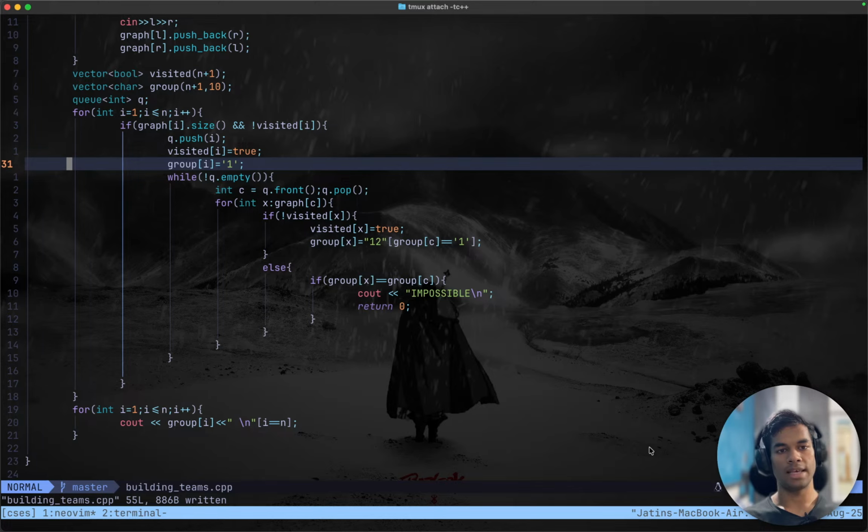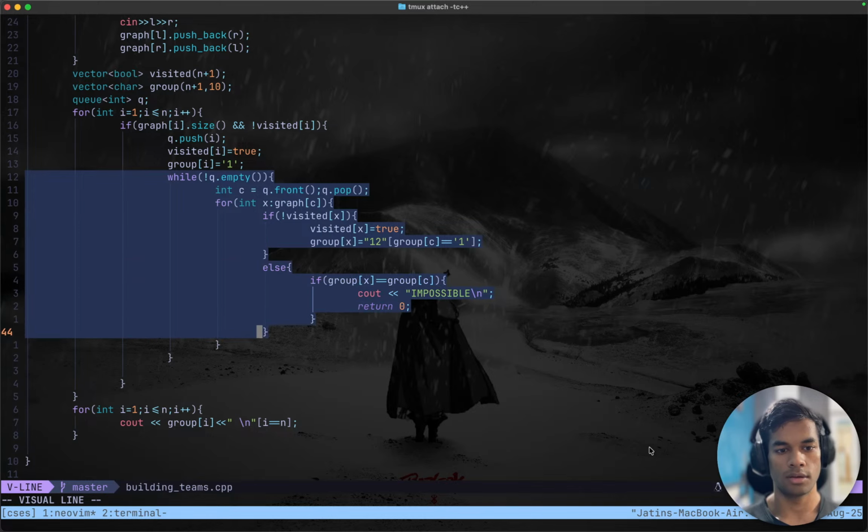Group I equals 1. If this is a new component which I am visiting for the first time, I can put it in any group, does not matter, right? And graph I size, and if not visited I, then push back I, and visited I equals true, and put it into group 1 and run the complete graph thing,